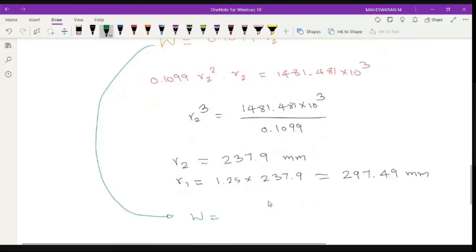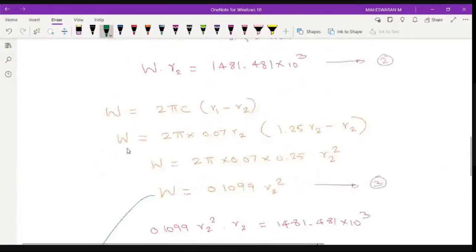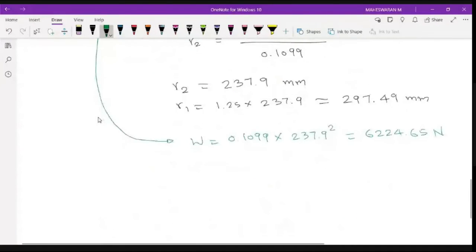Next, I will substitute this W. So W is equal to 0.1099 into R2 square, so 237.9 the whole square. So what is the value? 6224.65 Newton. Right? Very good. So which means your load is around 6.2 kilonewton. Right? It is 6.2 kilonewton. Okay. Now let us identify. So we got the value of W and all these things. The next step is I have to identify